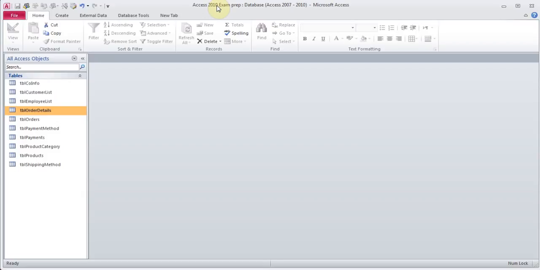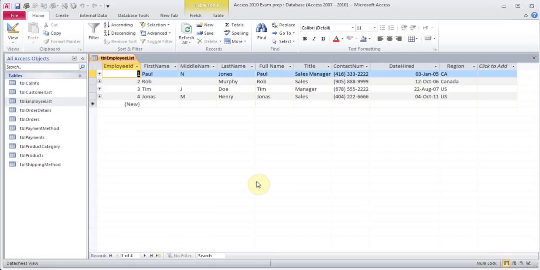Usually when the questions are asked, you will always find yourself in the right place to do the actions that they want you to do. So you don't have to do too much. Simply they'll ask you a question like open a table, so they'll say open the table employee list. So you just double click on it and it opens the employee list table, and then you can close it